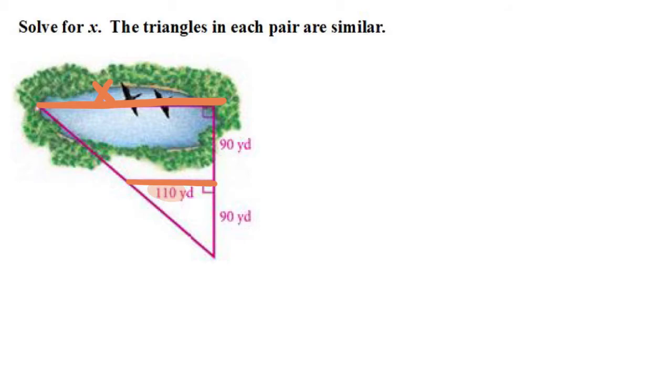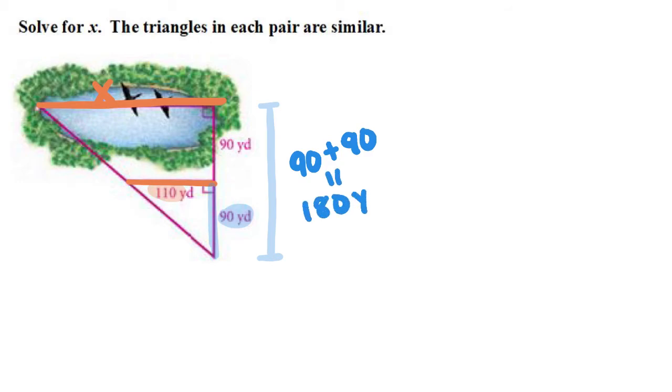Now, of the small triangle, this is the side we're given, is 90. However, for the big triangle, we're really talking about this whole side length. And we know from combining the 90 and the 90, this side length is 90 plus 90, which equals 180